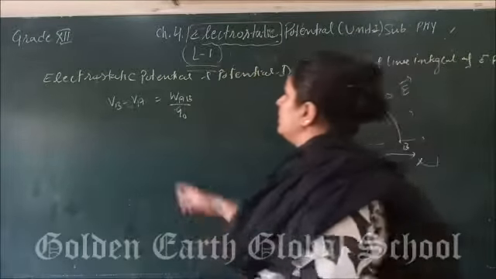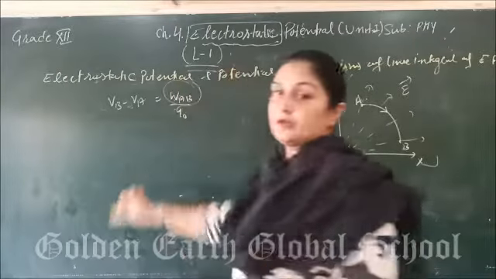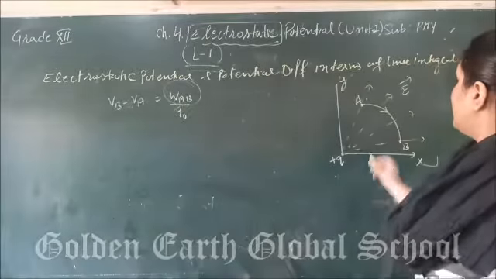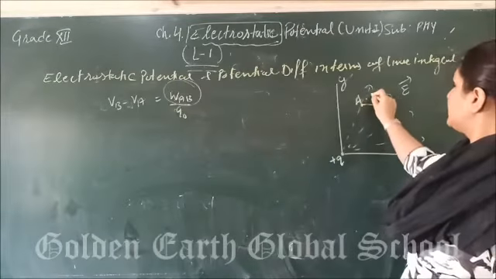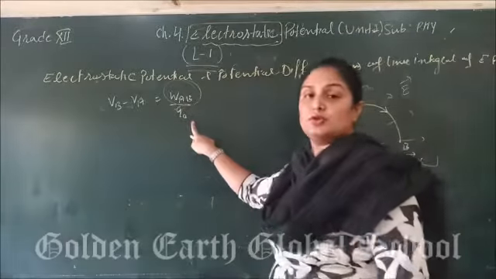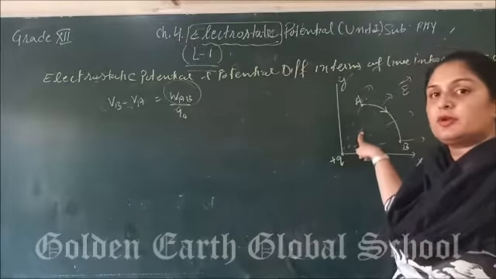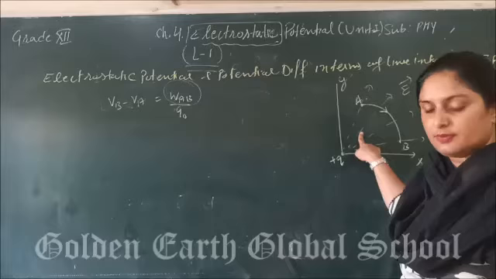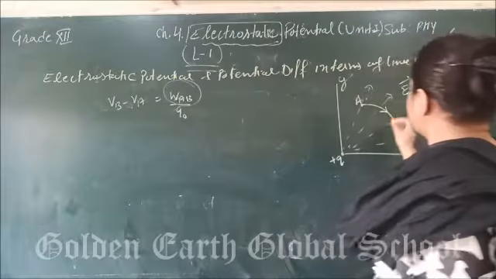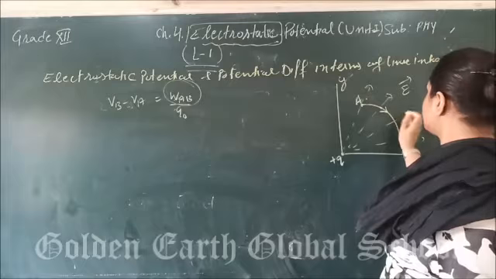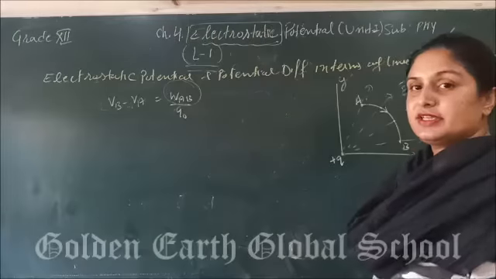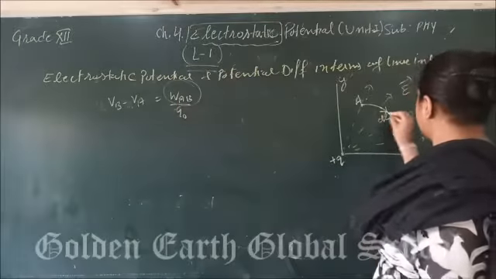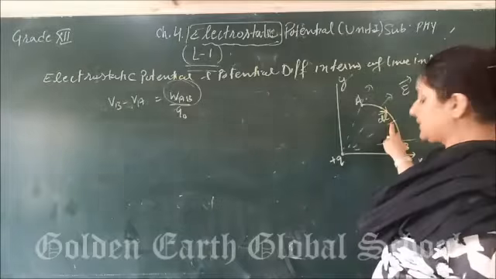Okay. So to find this relation means we have to calculate the work done in moving the charge from point A to B. Now in this case we are going to move the unit positive test charge. Instead of Q0 I am going to consider the unit positive charge, means magnitude 1 and the sign is positive. Now to calculate this, as we usually do, let us suppose we are going to consider a small elementary length dl.